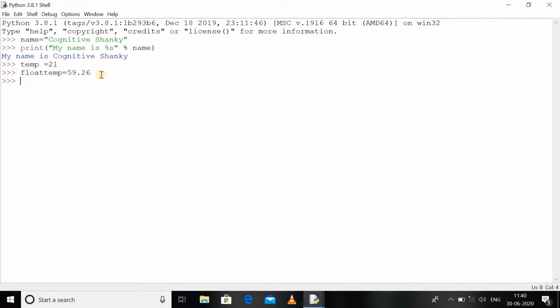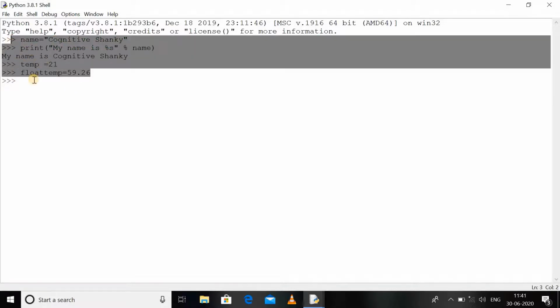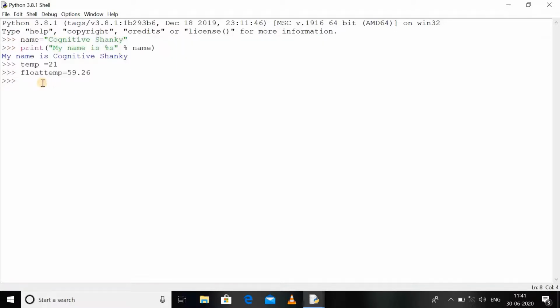Now if I want to print all these three, name, temp as well as float temp variable along with a message, let's say my message is: my name is, and then I have to print my name, and my age is, and then I have to print temp.